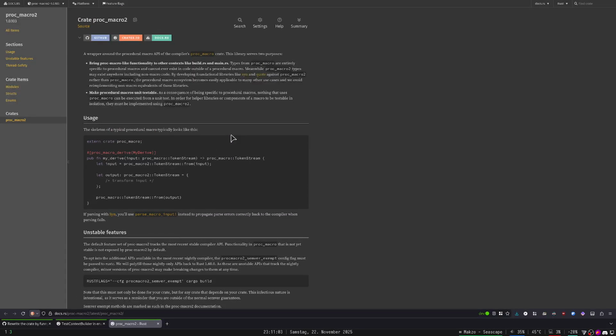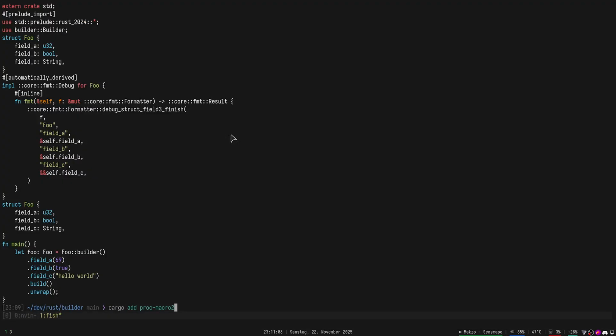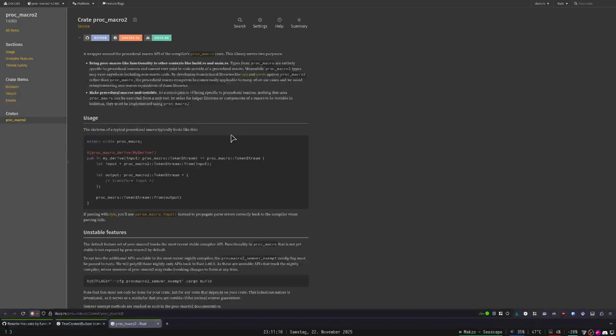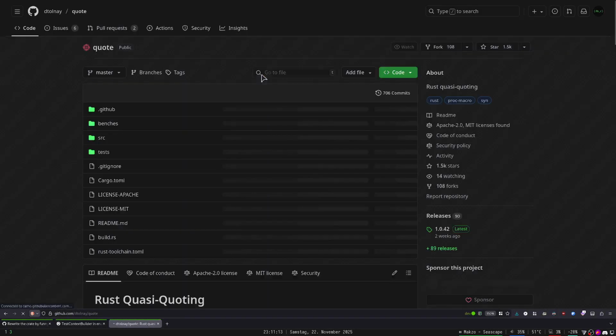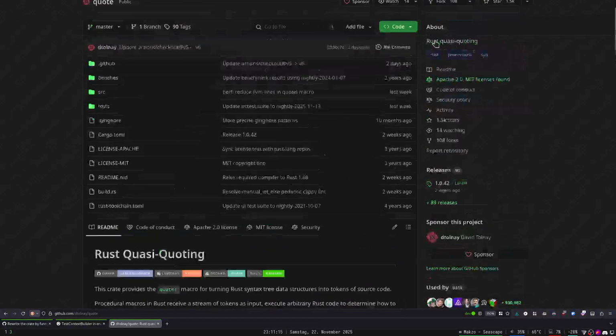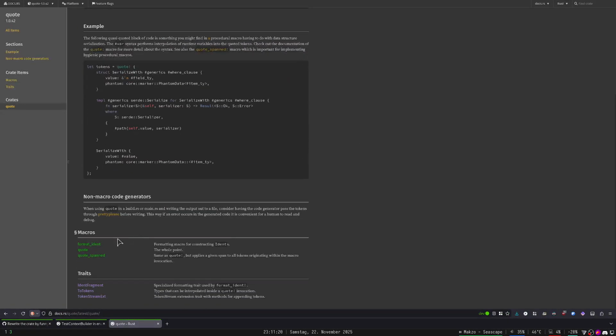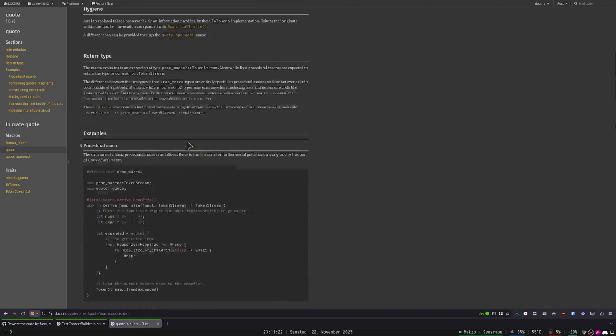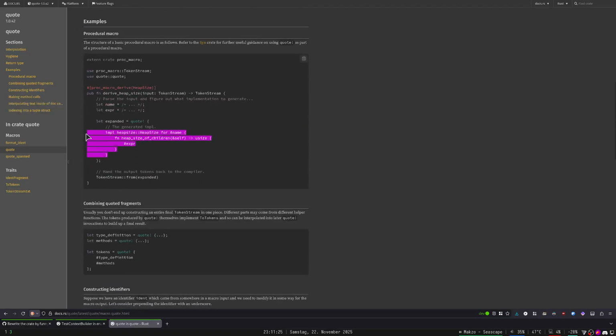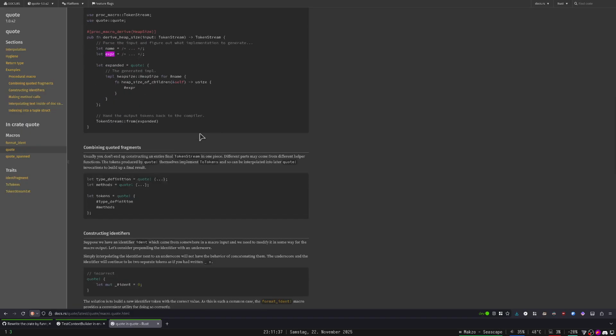But I don't know. It's pretty commonly used, and it's a good wrapper crate that gives a lot of useful tools. So we're gonna add proc macro. We're gonna add quote, which is actually linked here, and gives us, let's go to the docs, specifically a macro called quote, which allows us to write Rust code and have it automatically convert into a token stream. And part of that is that you can have replacements, like this expr is whatever is here, and it can be replaced by any token stream, and it's also got